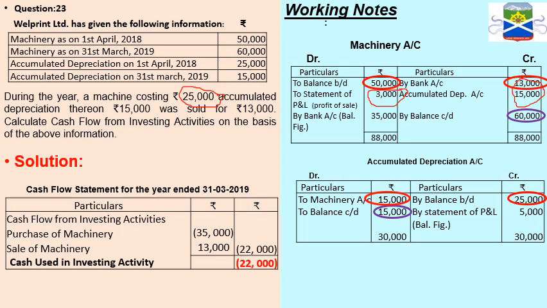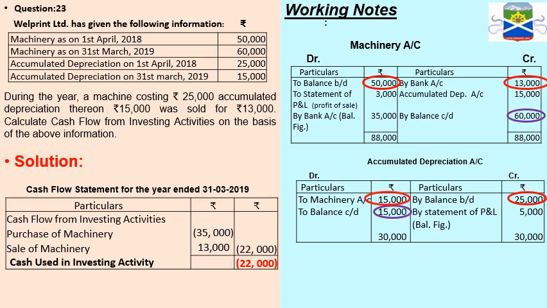We'll take the sales price and add the accumulated depreciation. If we add it, we'll get 28,000. Then we'll compare it with the cost price. What is the cost price given in your question? 25,000 cost price is given. So 28,000 is the sales price together with accumulated depreciation. Therefore 3,000 is our profit, which will come on the debit side. If there is a loss, then it will come on the credit side, as we have done in class 11. This part is under the depreciation account.